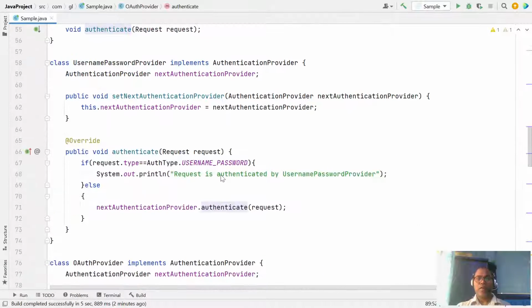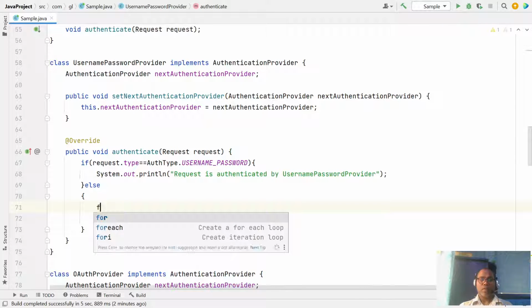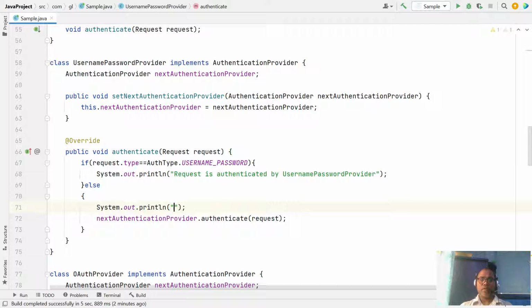Let's check. OAuth request, forward to the next provider.